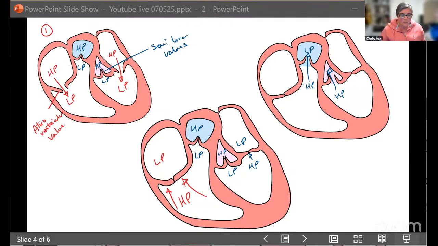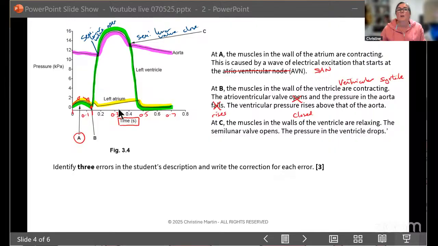So it is important that we note, as we go back to that question, where we're at and the difference in the pressure so that we can tell which of the valves are open or which of the valves are closed. So as it comes back down, as the ventricular pressure drops back down, when we get to the point which is here, which isn't labeled, we'll call this D, we can see our ventricular pressure has now dropped below the atrial pressure. So now my atrioventricular valve is going to be open and blood is going to be flowing passively at this point into the ventricles from the atria.